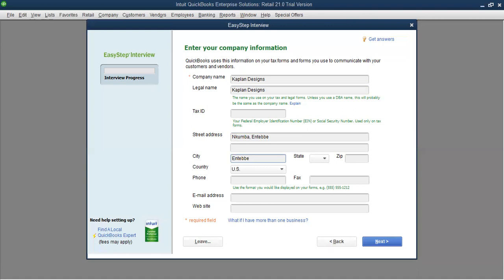Then the state, of course, you also have to put the state. Let me put AK. The country, of course, there is US, so you can maintain US. Then the phone number, you can put the phone details of the company. Assuming our phone number is